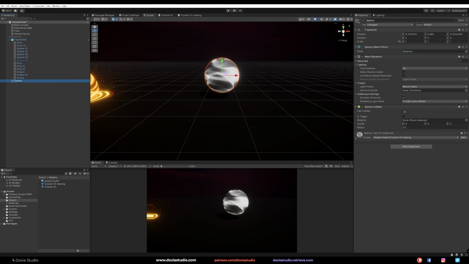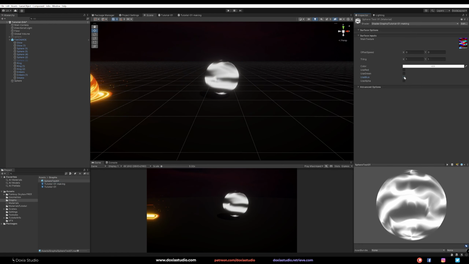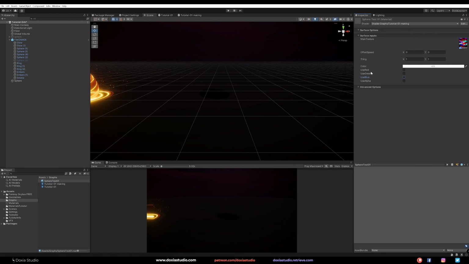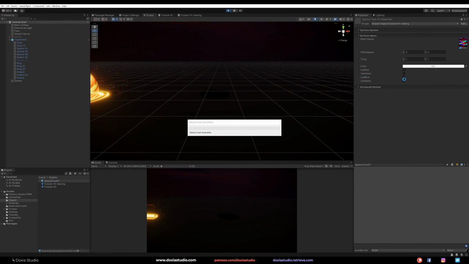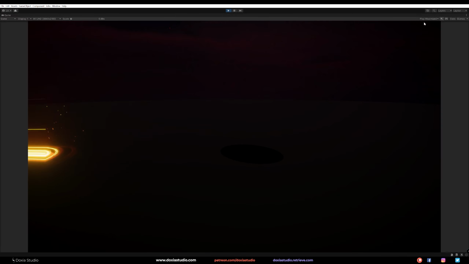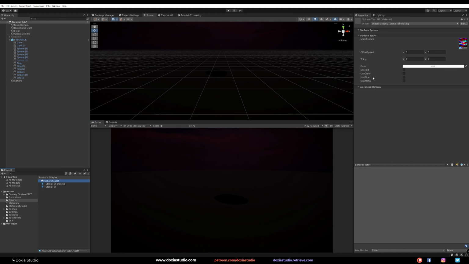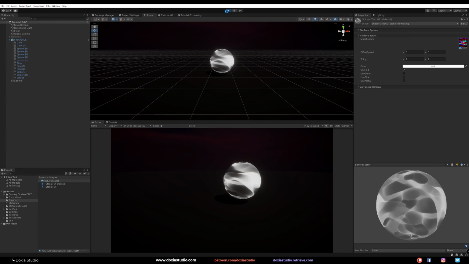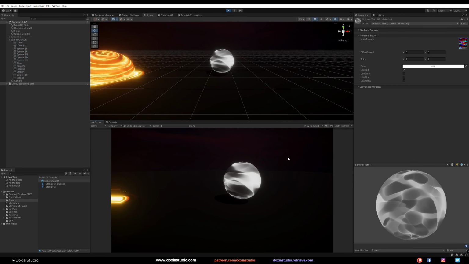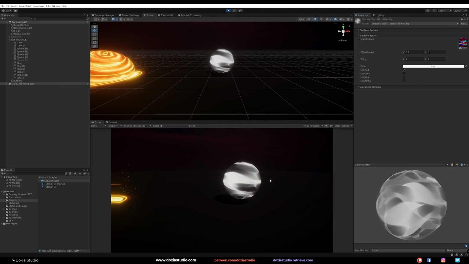Okay, and as you can see, we got a pretty cool sphere here. And if I come here and change to blue, it is using a different one. So if I press play, let's wait a bit. Oops, wait. I'm using maximize. Let's go with focus. Sphere, let's use the right one. So if I press play now, it's not animated. And I hope you know why, because the X offset speed is really low. So let's change to 0.5.